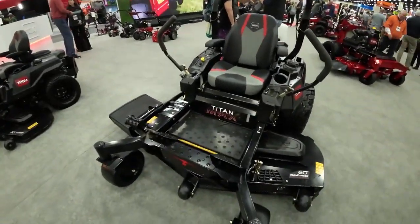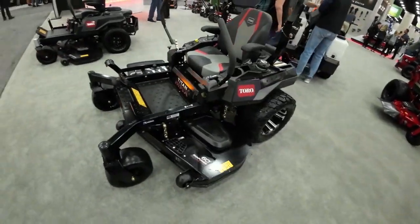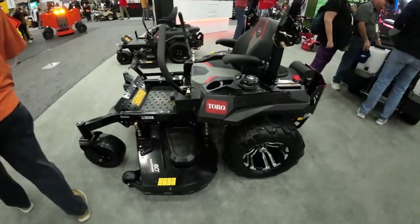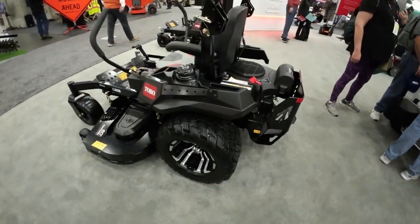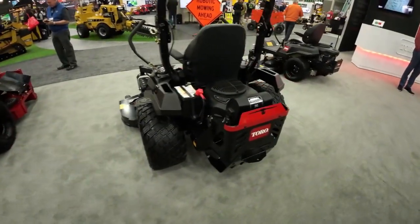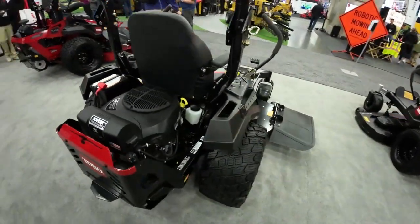Okay, there's the Titan Max that they came out with last year. That's based on the Titan platform. It's all blacked out. It's got a lot of cool things on it, like good tires, rubber mats, that type of stuff. They've also come out with the one to the right of it. That's a time cutter,